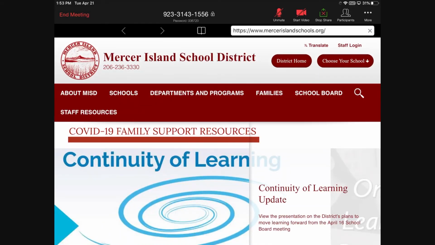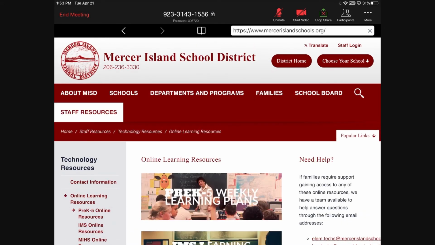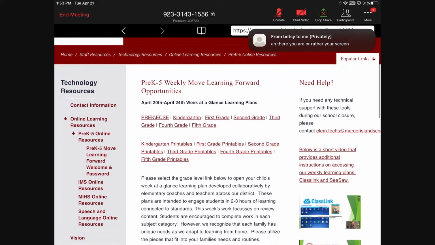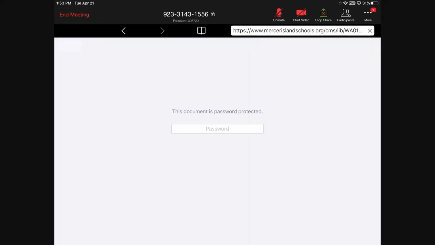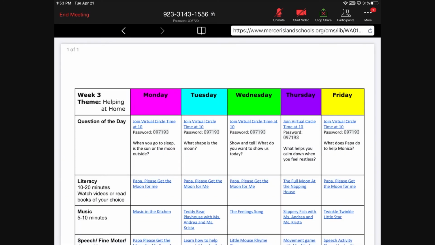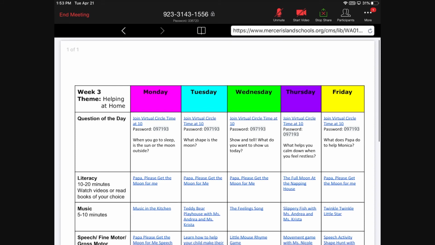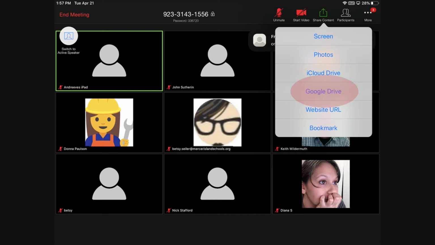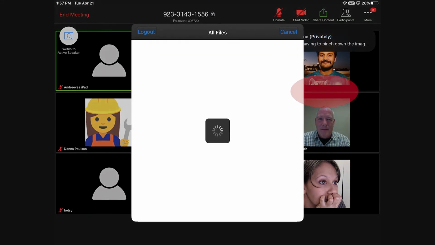And then I can direct them to perhaps the learning grids. So if I'd like to direct them to the learning grids, I'm going to pull up the pre-K 5. We're in the week of April 20th, and I'm going to go ahead and pull up this particular PDF, which is password protected, and that's what's coming up right there. But I'm now sharing the learning grid with my students. So if I go in and share from Google Drive,